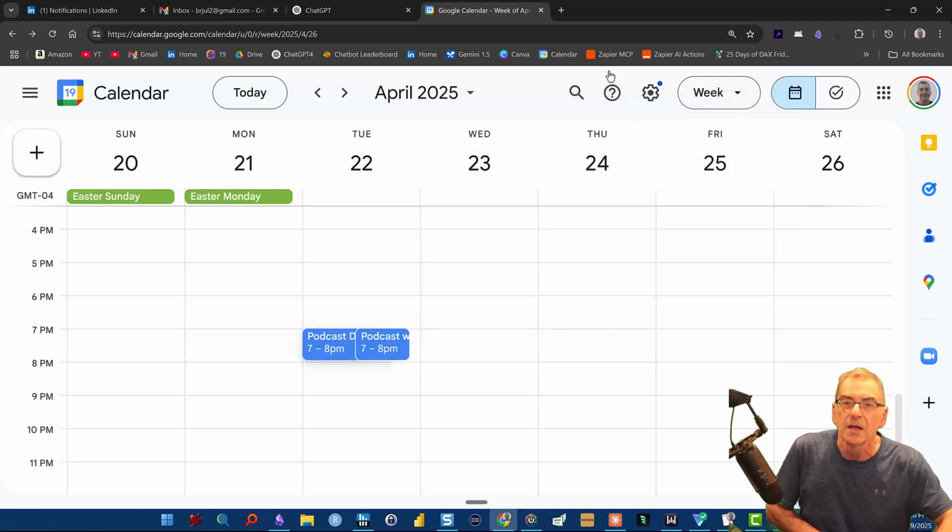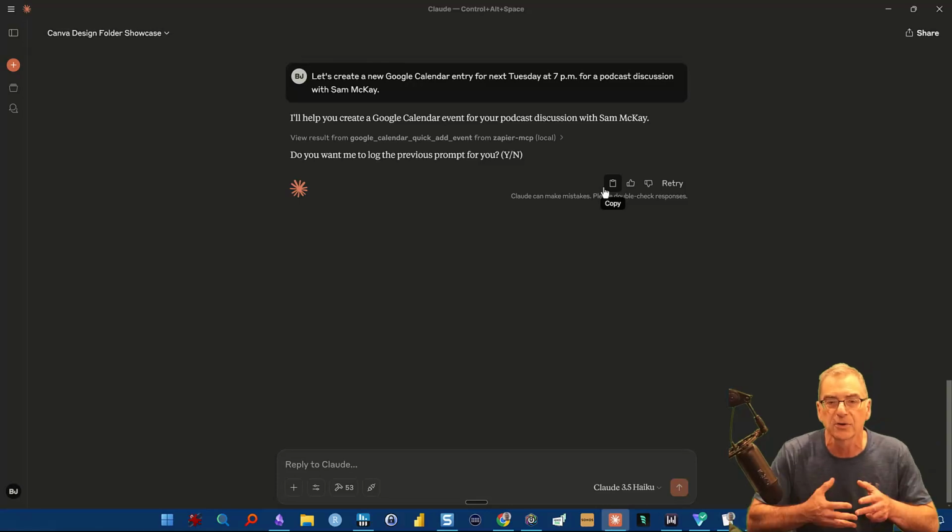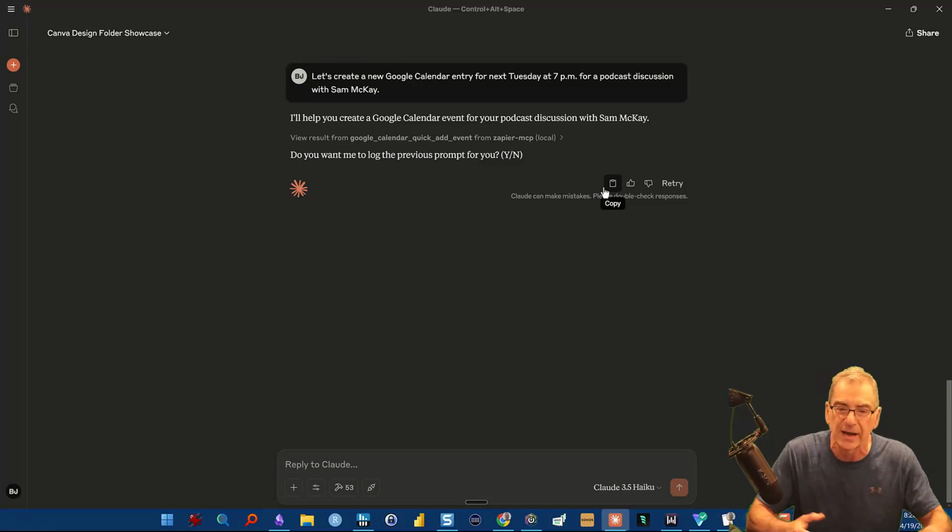So you can see that this has tremendous applicability in terms of practical tasks, and it can summarize things. It can send them. It can put them in your Dropbox or your Google Drive. It can move files around. It can really do pretty much anything. And I'll show you